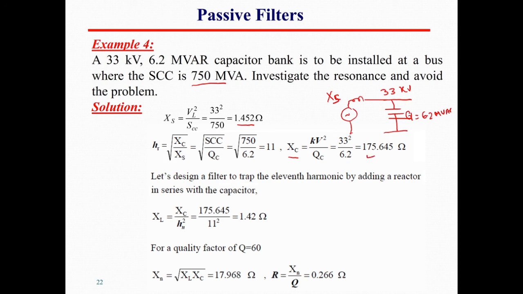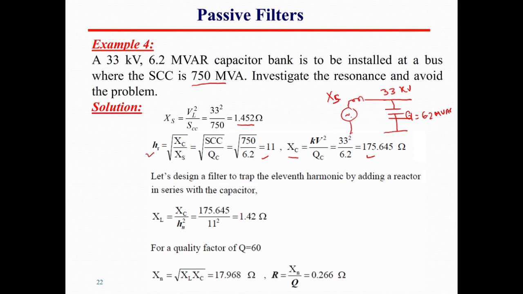Now we can calculate the harmonic order of the resonance. It will be XC over XS, and that will give us 11. Now it says that let us design a filter to trap the 11th harmonic by adding a reactor in series with the capacitor. So now we would like to trap this harmonic,